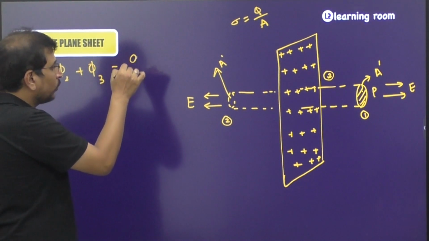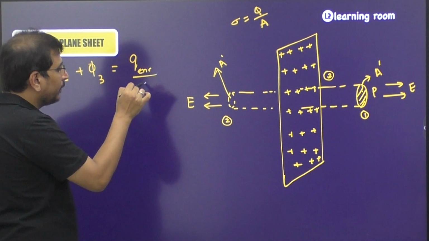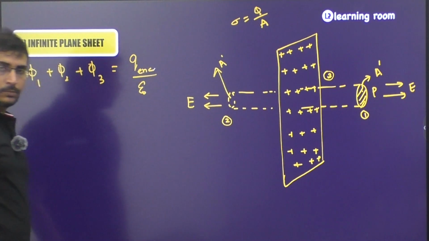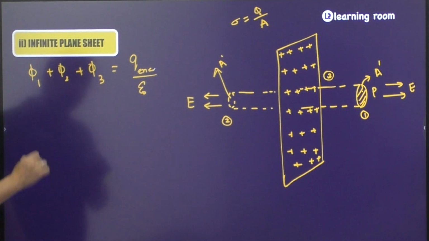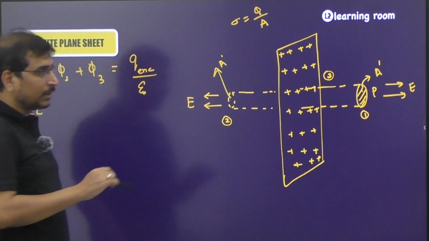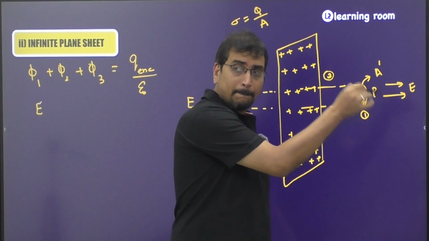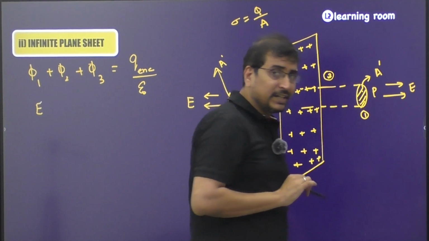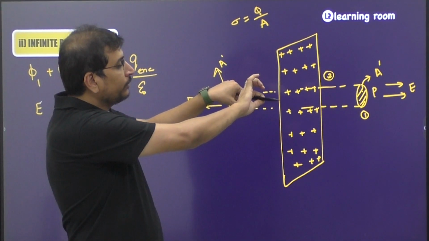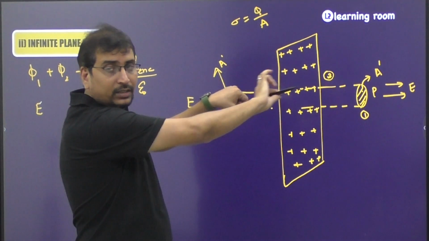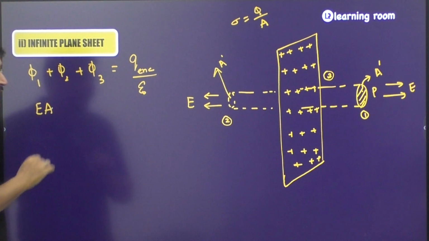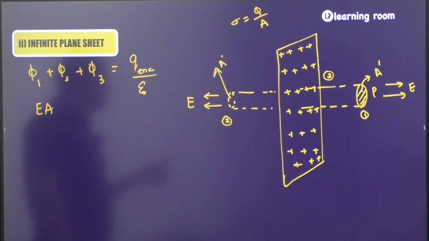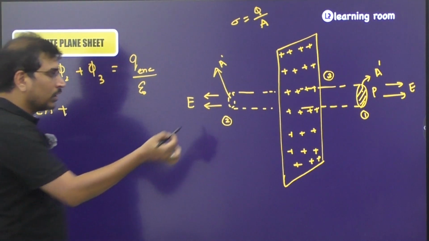So it should be equal to the total charge enclosed divided by epsilon naught. So what is the flux through the first surface? It is the electric field coming out of the surface multiplied with the area vector. If I take a cylinder here, the direction of the area vector is in this way. So electric field and area vector both are in the same direction. So E into A into cos of 0 degrees, which is 1, plus